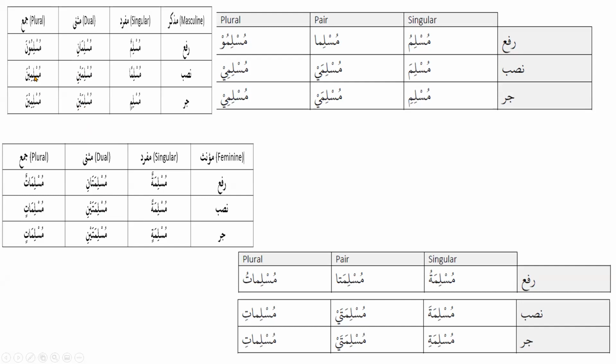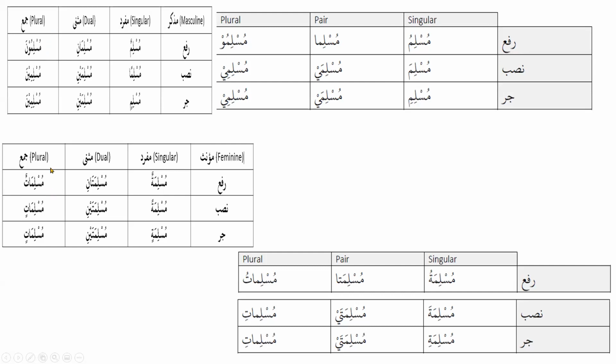In the plural column, because we are talking about plural now, we have una and ina. So obviously, if you see a word with una or ina, this is plural. That's why we said plural on the top, right? So this is one kind of plural, and this is masculine plural because it is from the masculine chart. We know that una could be u, the noon can be gone if it is light, and ina could be i, the noon can be gone because it is a light version. So those are masculine plural.